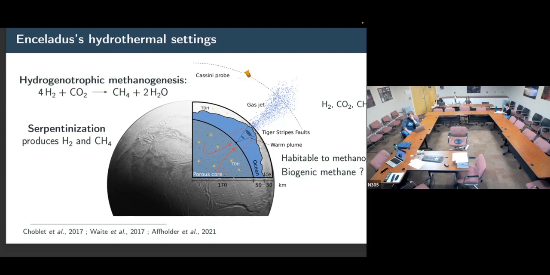And also looking at methane, could the methane in the plume be of abiotic origin, only from subcontinization that produces secondarily methane? Or could it be of biotic origin? Could it be produced by a population of methanogens? In order to answer that question, we need to really crunch the numbers and be quantitative to understand how much H2 needs to be consumed by methanogens in order to survive, how much an established population of methanogens would consume of H2, how much methane it would produce, and for that we'll need a little bit of modeling.